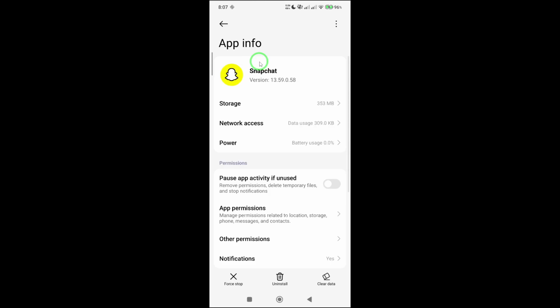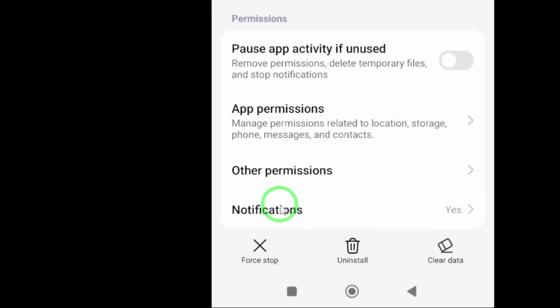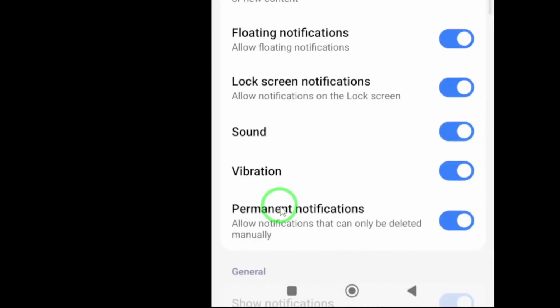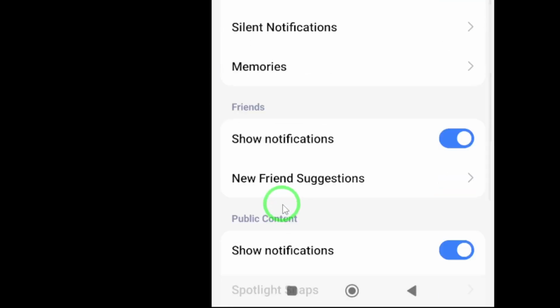You'll see a list of all the apps installed on your phone. From that list, find and tap on Snapchat. This will open up all the settings specific to Snapchat, including permissions and notification options. Now tap on Notifications. This section controls every type of alert Snapchat can send you, from messages to stories and